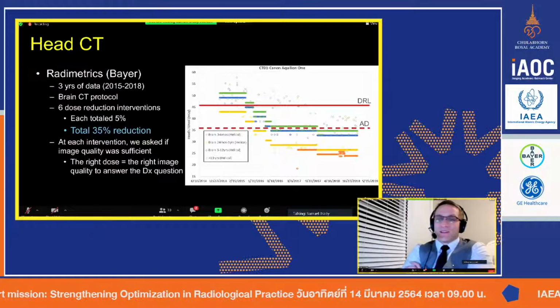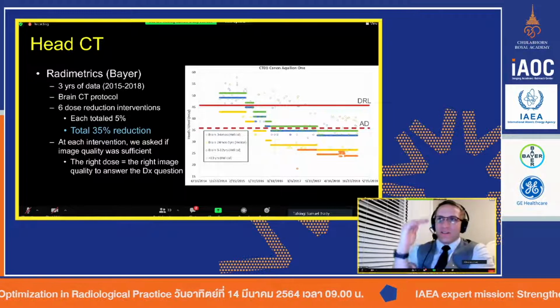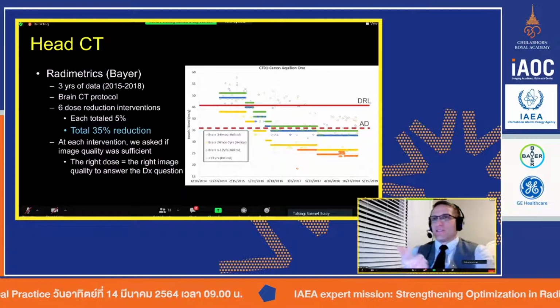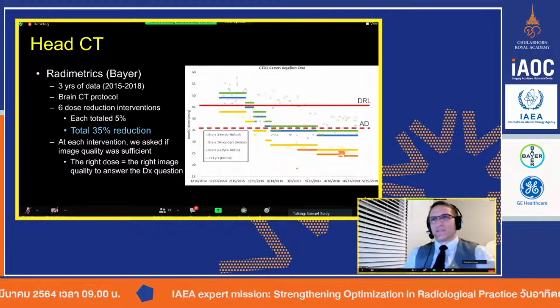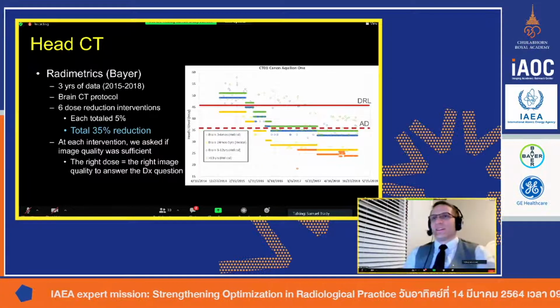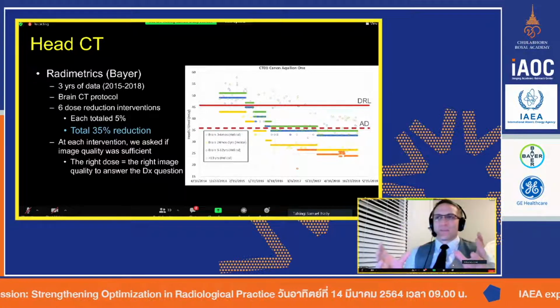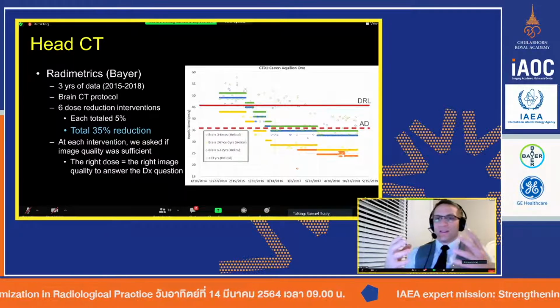Yeah, and that's great because, going back to our last talk, there are obviously all the other features we talk about, like the reconstruction kernel, and we can get to the dose, all that. But a lot of the post-processing techniques nowadays are just phenomenal, being able to do 3D reformats and whatnot. And so when it comes to optimization, that's why I say you need a team, because there are so many, going back to that,